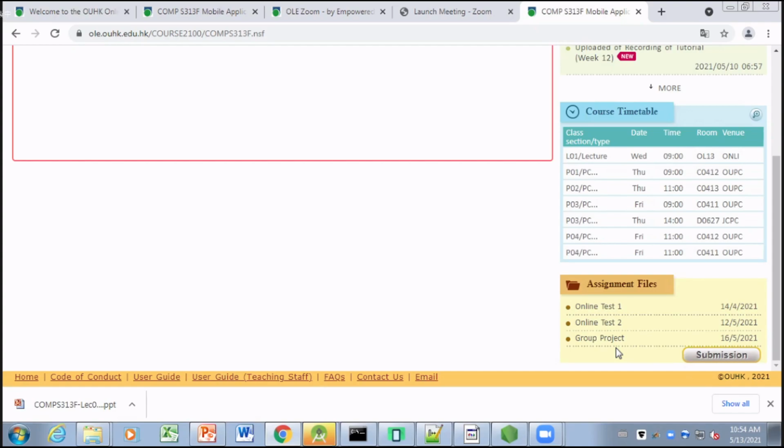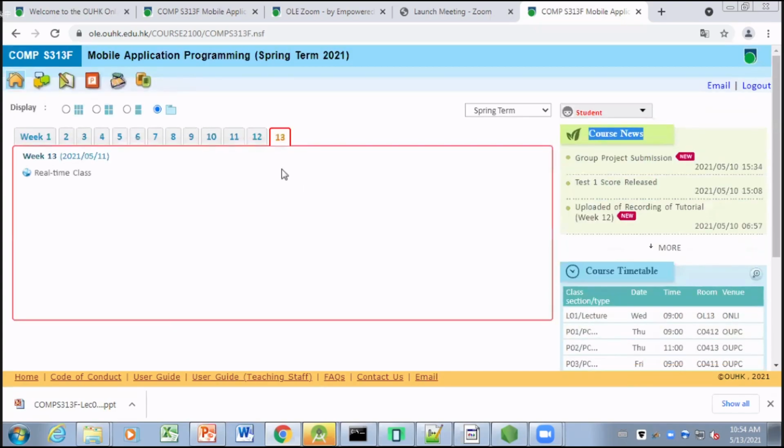the score before you start your take home assignment. Okay. And all these kinds of information, updates, news will be notified to you by using your OUXK email account, and also the course news that's available within your OLE account. Okay, please remember to check your email or course news regularly. Okay, that is what I would like to elaborate in this last tutorial section. Okay, and the whole course is already completed. Okay, up to this moment for this tutorial section. Okay, if you have any problems, queries, or would like to clarify on certain kinds of issue, you can just